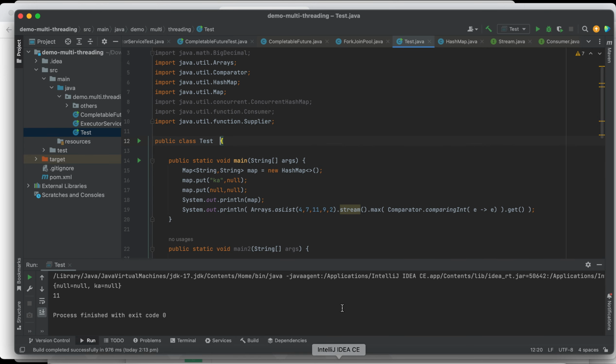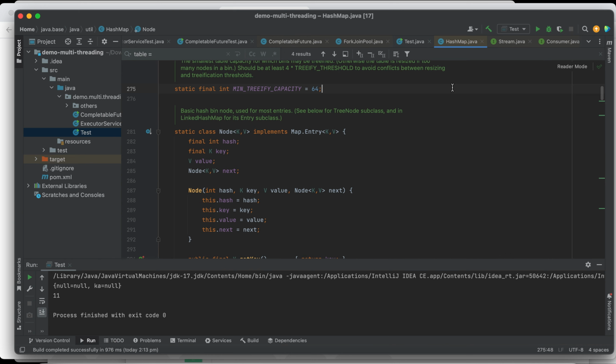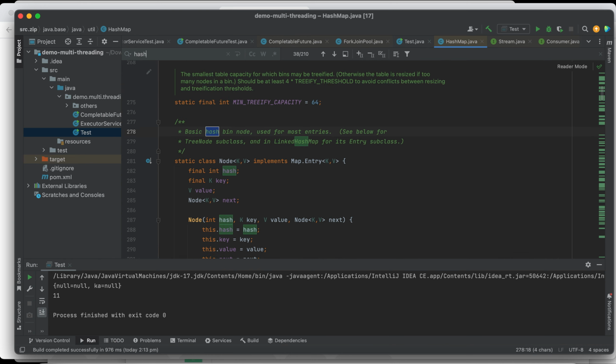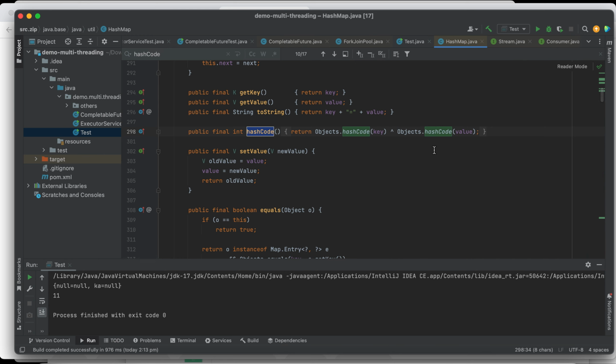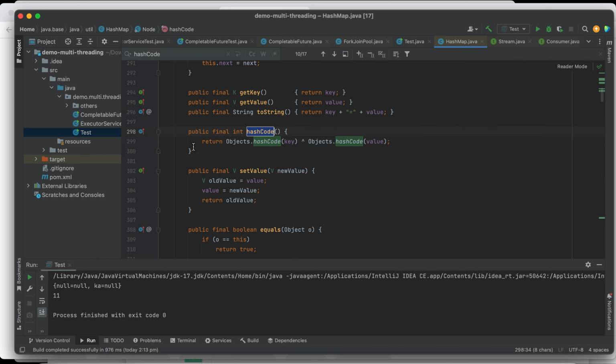Maybe I can show it to you. Hashcode. Yeah, this one. This is used to calculate the index, right?